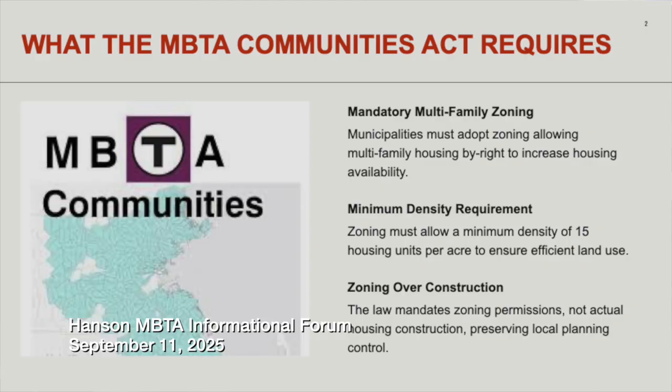So basically what that means is the state is giving the town the control right now to determine where the zone is going to be. It has to be within a half mile of the MBTA commuter rail station. So right now the state's given the town the ability to decide and find the best area for that zone. After I've presented, our town planner will talk about how he came up with the area. Next page, please.